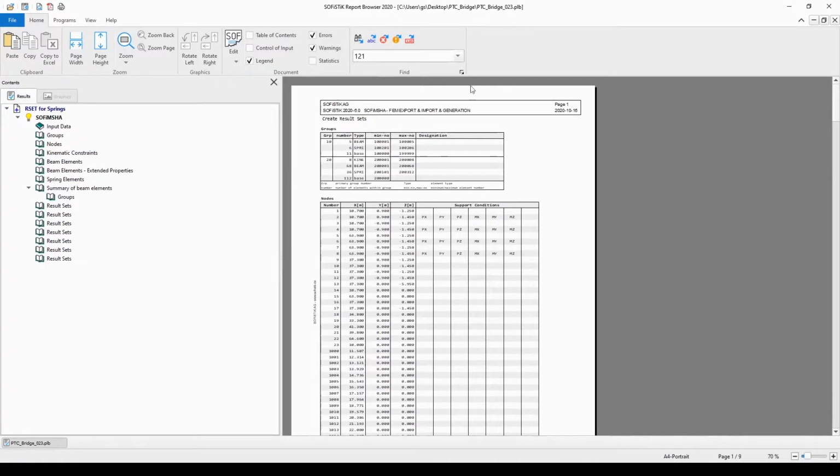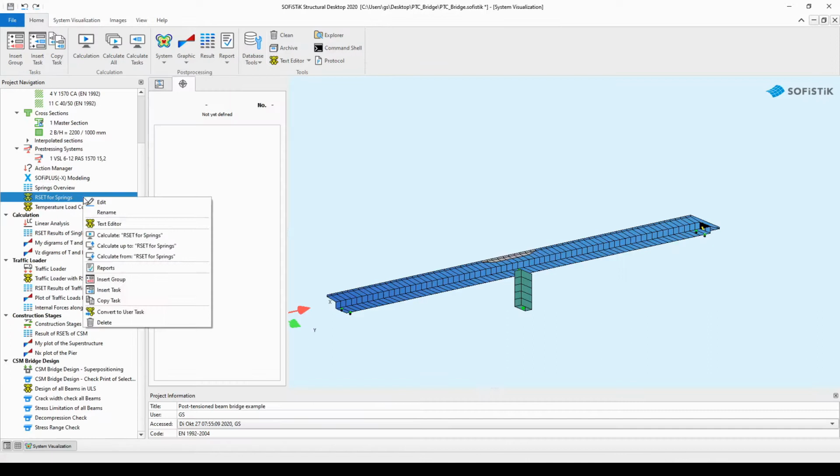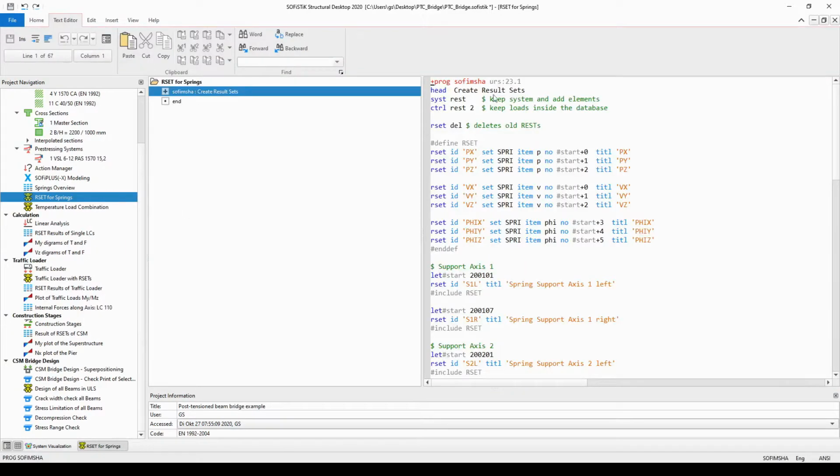For example, at the moment I am presenting the report output, so the report browser file of the definition of the result sets. Please notice that the extension of a report browser file is always a name and then the PLB. The first portion is always the project name underscore, and then every report has its own number. If you look at this number carefully and remember it, when we go back to SSD and open up this task with the text editor, you will also find this number right after the name of the used modules